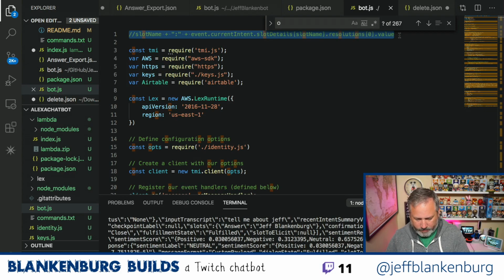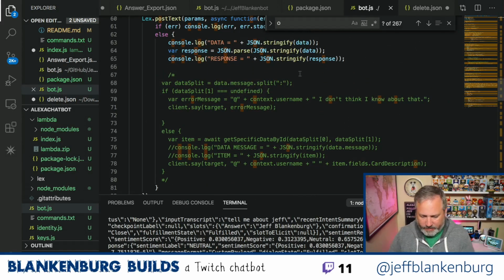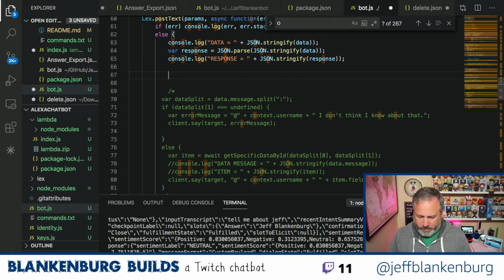We're going to bring this down. And now we can do all of our work here instead of having to do some of it in the chatbot. So what I want to do is, how do I want to look at those resolutions?